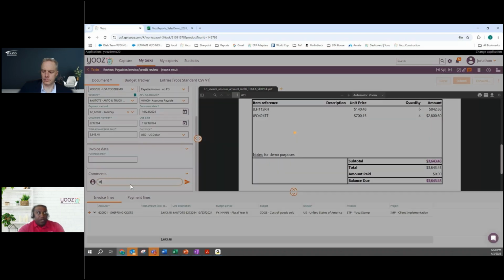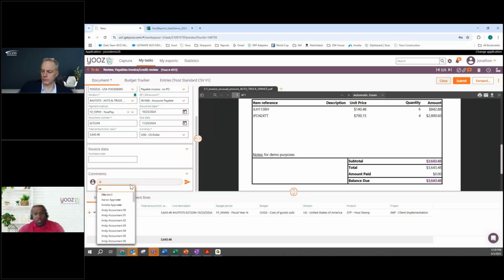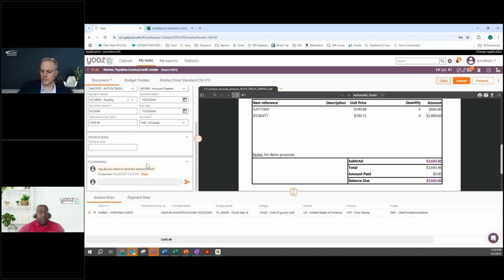So we'll ask the vendor a question, and you can communicate with anybody who is using Yooz. When I do that, the vendor will get a notification. And once again, here's part of that timeline, so they can see the customer's name, the date and time as well. You can also put this in a blocked queue, block this document, and hold it in a blocked queue from there.